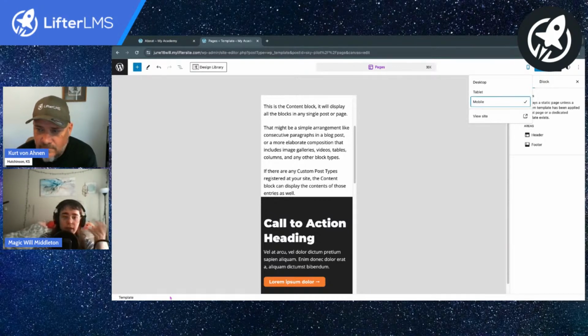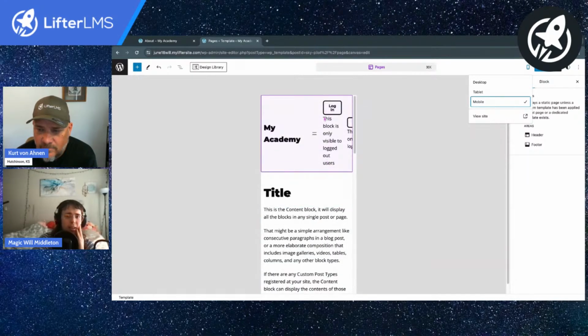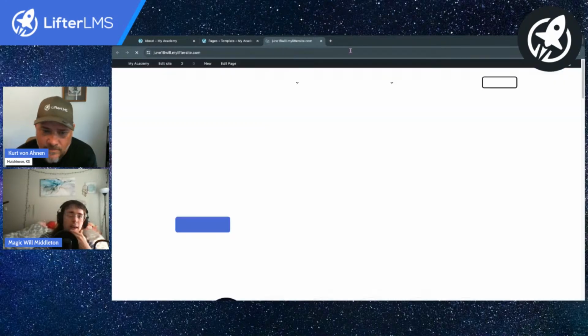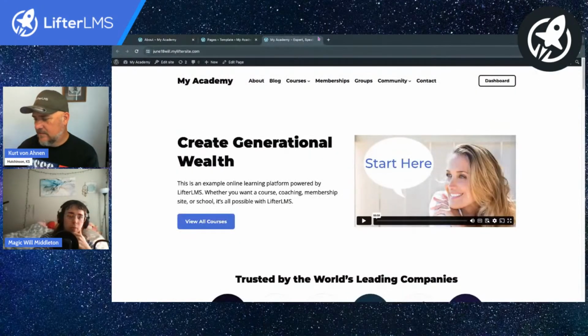My recommendation is to just have it on your phone so you can reload as you go, because some things might look a little bit different. Another thing you can do that's really interesting is if we view the site, it's going to be the desktop version, but I can squeeze this down. I just closed my browser window, made it really small. And so this is what mobile would look like as well. So that's a way you can do mobile responsive development.